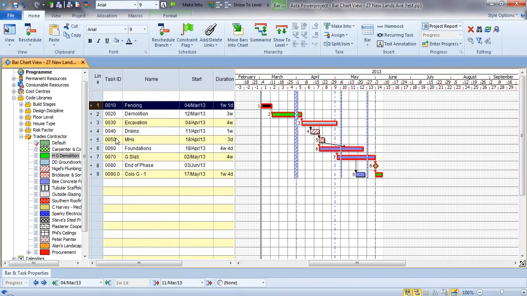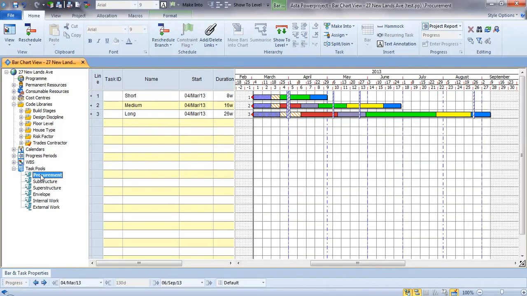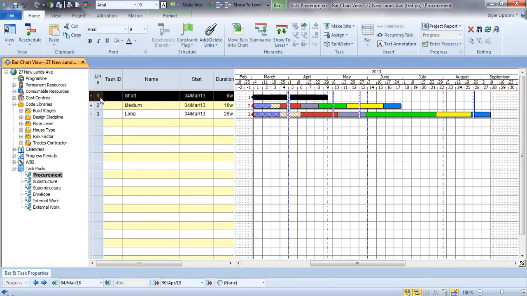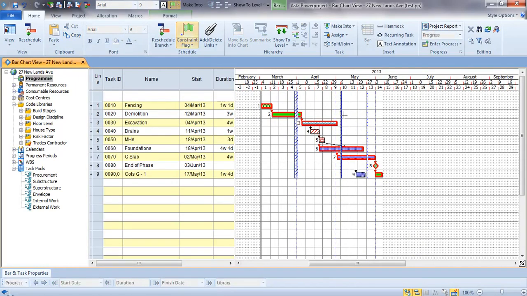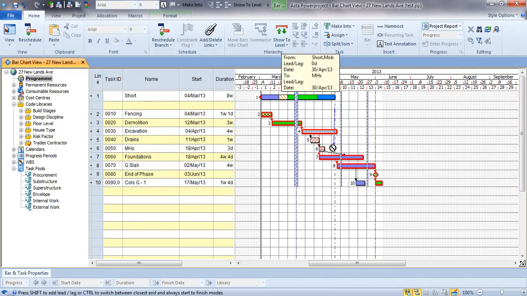The other great use for that is for procurement items. How are we going to appoint that trade contractor? In Power Project we can also have groups of preset activities, little fragments of a project that we use again and again, and we can take one of our short procurement steps, copy that to the clipboard and paste it into this particular part of our plan. And then we can say, well, if I link that into our foundations work, so this is going to be our